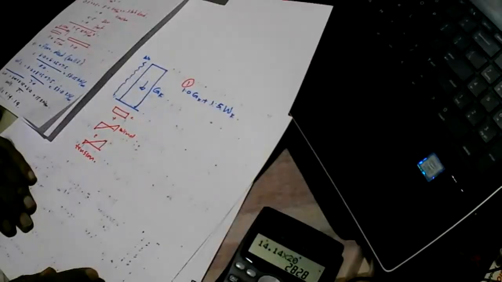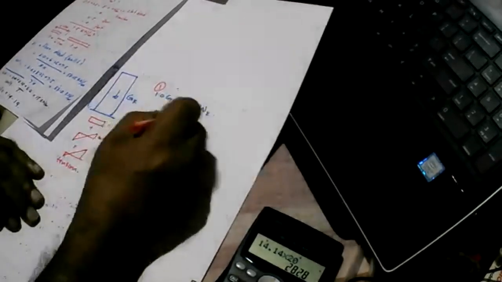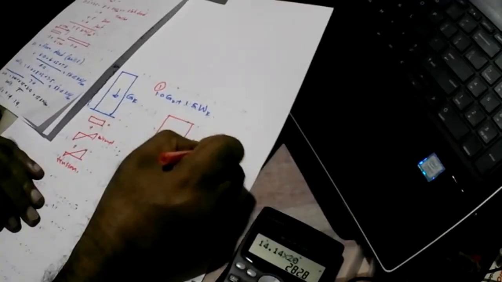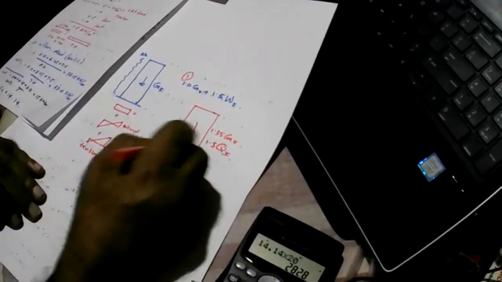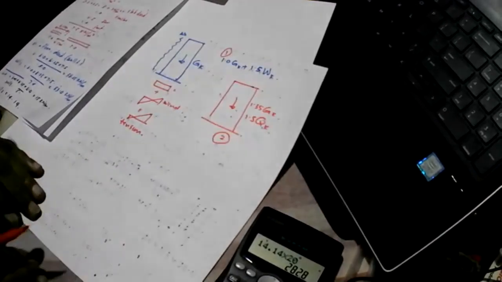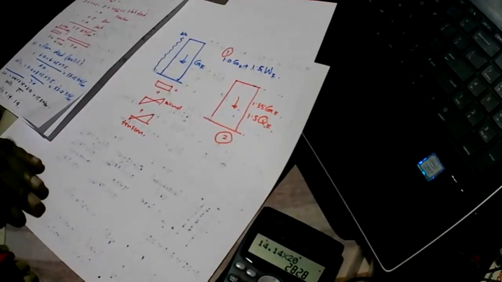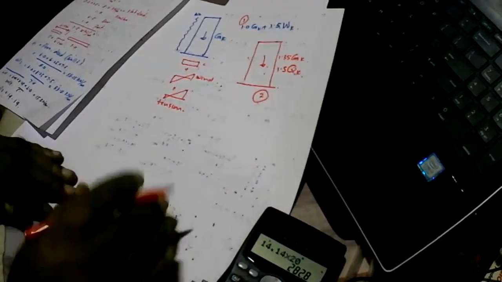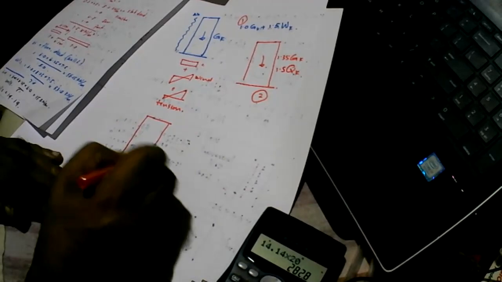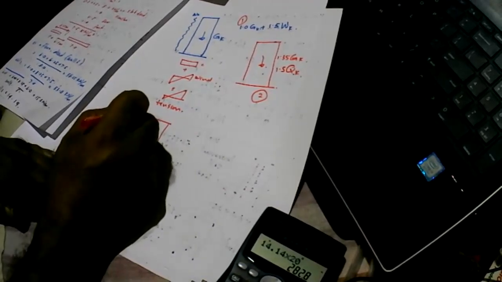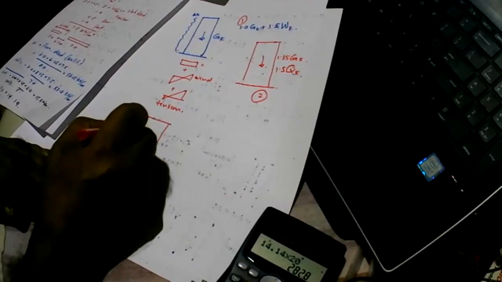What are the other cases? The other case is we have no wind. We get 1.35 Gk, 1.5 Qk. No wind. That's another case. What are the other possible cases? Then it's possible for wind to act as maximum Wk,